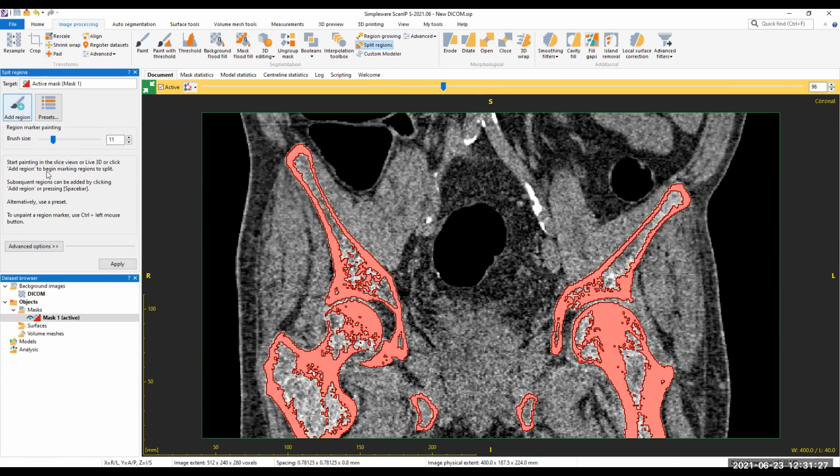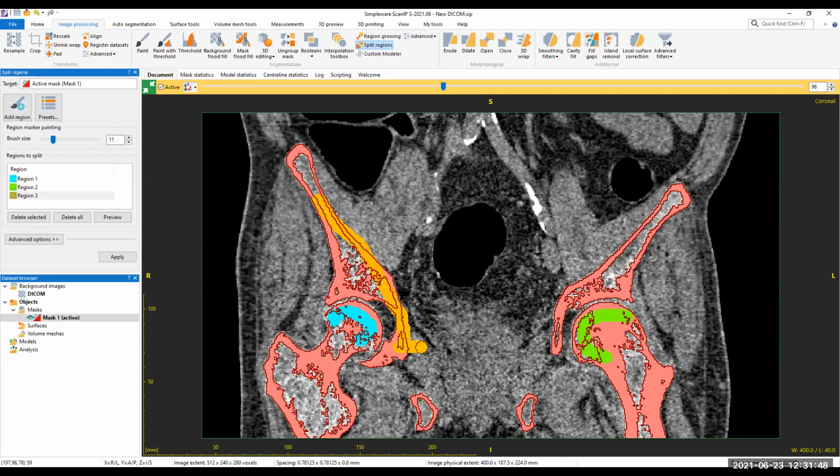So let's add a region. Our one region is this. I'm just giving the software an idea about what regions I want to split. Our second region is this femur, the left one. And our third region is the complete hip section, that includes the sacrum.